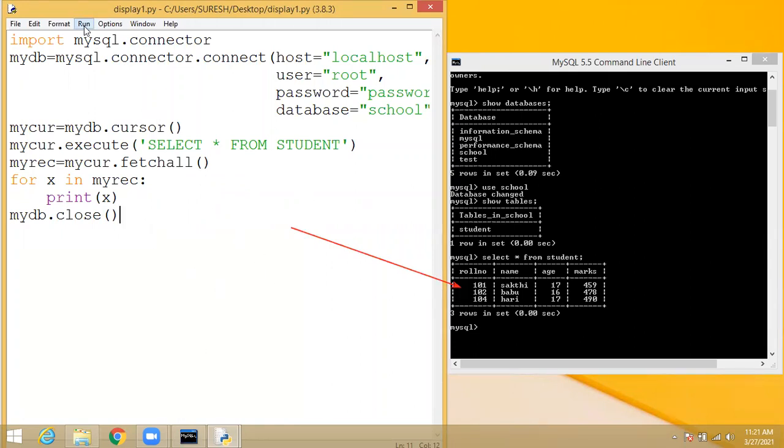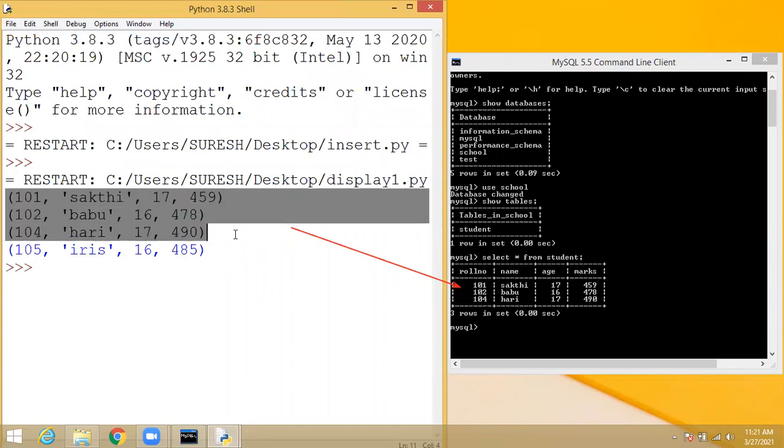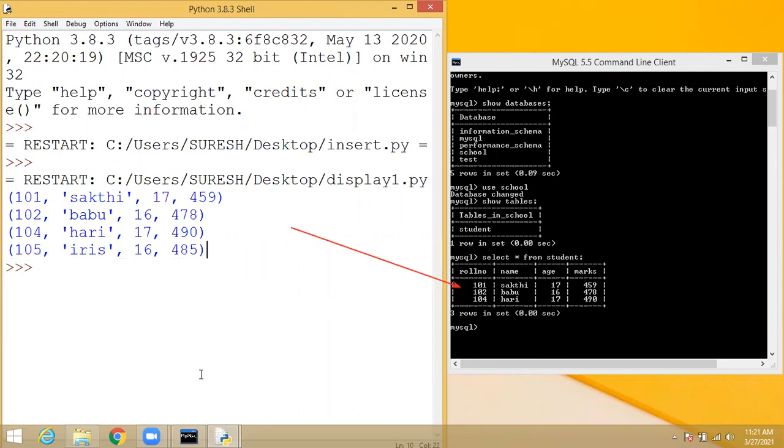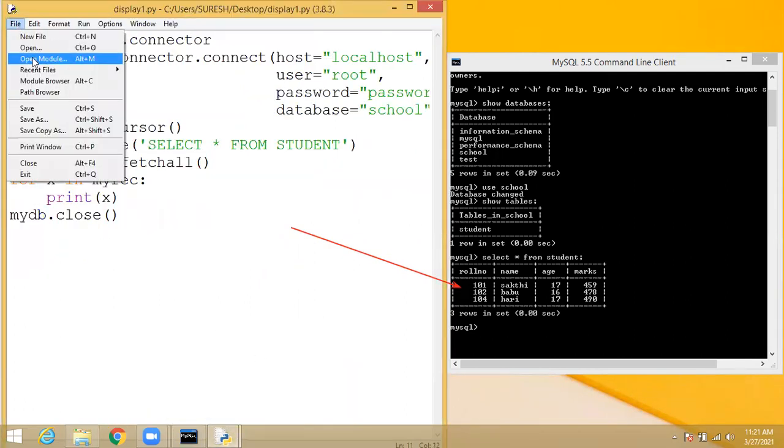So I'm going to execute. See, already three records are there, this already happened on the right side. You can compare that the fourth record is Iris, but the fifth record, that Kumar record, will not be inserted without the commit function. The commit function is very much needed for DML commands. Then only will it be affected in the table. Students, everyone understood the usage of the commit function?